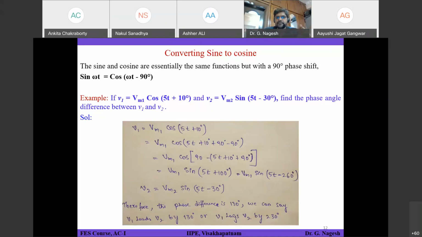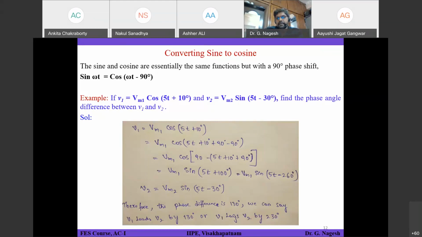All these things we have discussed, and then we have also seen some expressions. What is the phase angle difference between the waveforms? Let's say V1 and V2 we have considered, and what is called lagging and what is called leading. You are clear with these terms, right? If one waveform is ahead of the other one, then we call that one leading with respect to the other one. The other one, which is lagging, has a minus phase angle, and usually that will be lagging with respect to the other one.